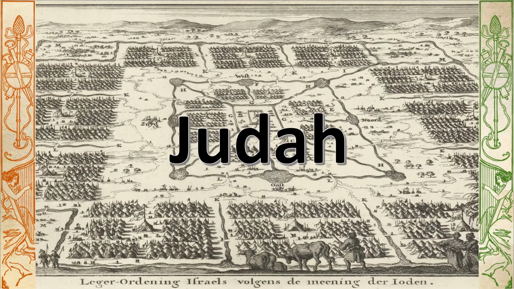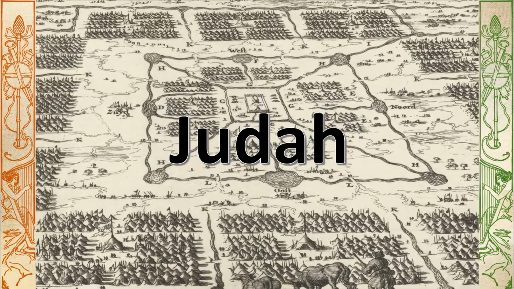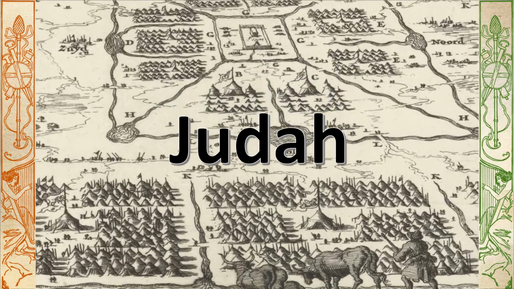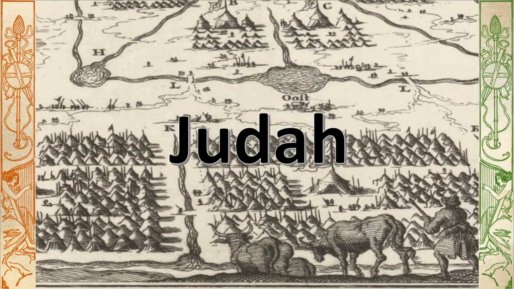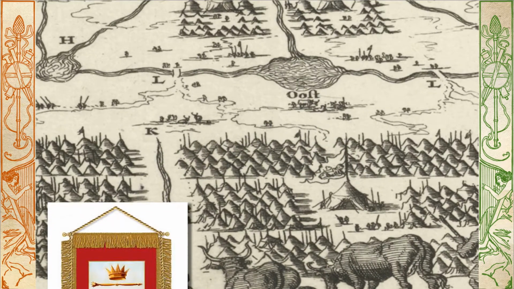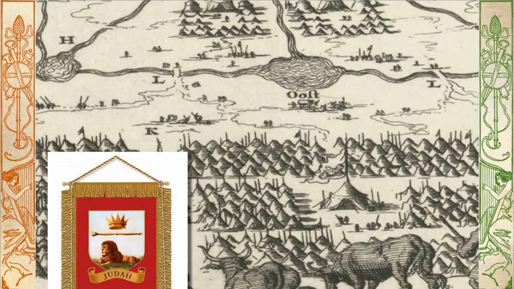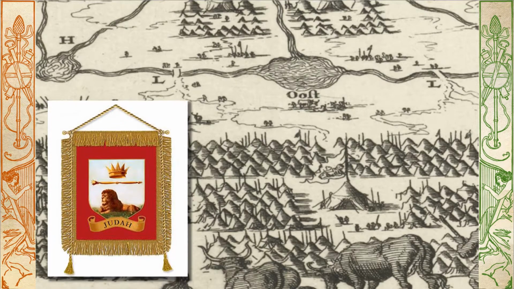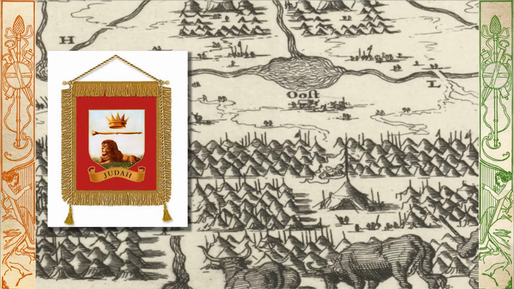The Eastern Division was led by the tribe of Judah. Its banner thus became the standard of the division. The standard of Judah was borne by Nashon, its prince. It was designated by a lion couchant, surmounted by a crown and scepter on a crimson field, in accordance with the blessing,